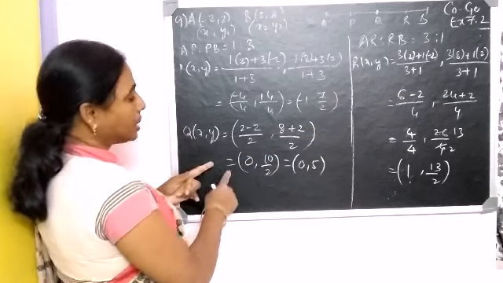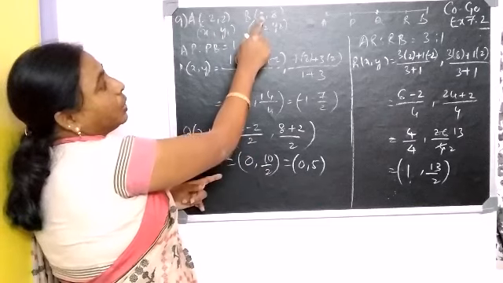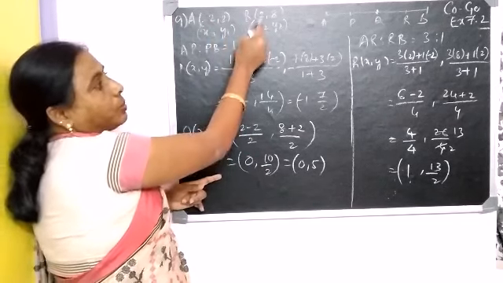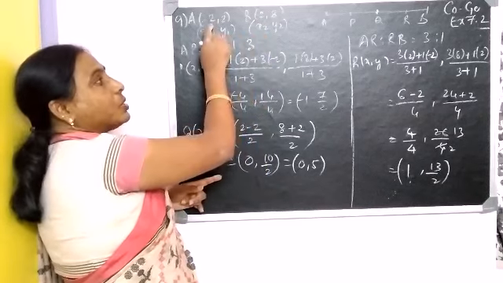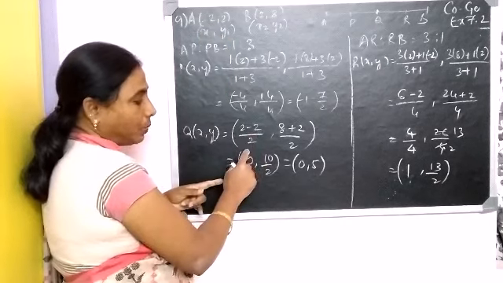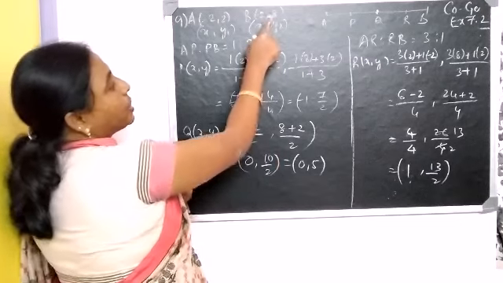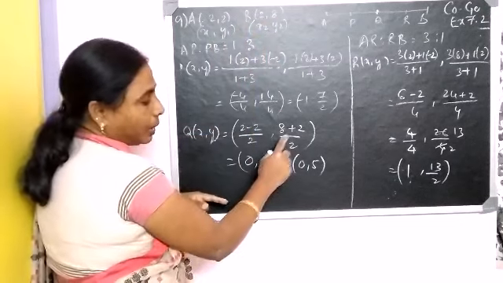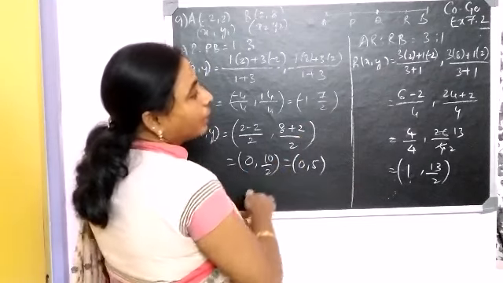Second one, when you come to the second one, as I told you, it is a midpoint, so it is direct. What is that? (x1 plus x2) by 2, therefore 2 minus 2 by 2. So 2 minus 2 is 0, 0 by 2 is 0. Next one, 8 plus 2 by 2, 8 plus 2 is 10, 10 by 2, 2 fives are 10, so 5. Next one, we have to find out R.